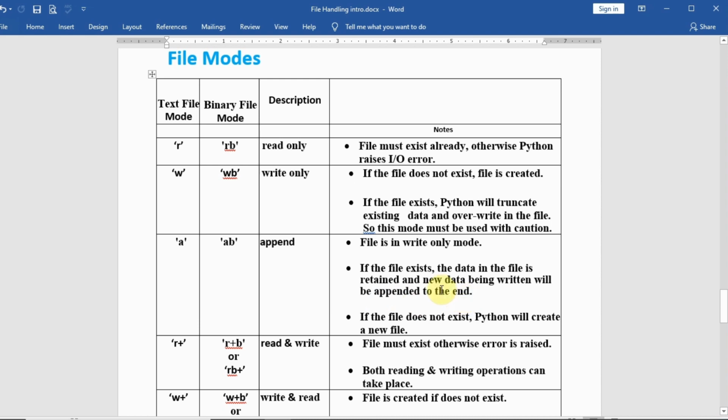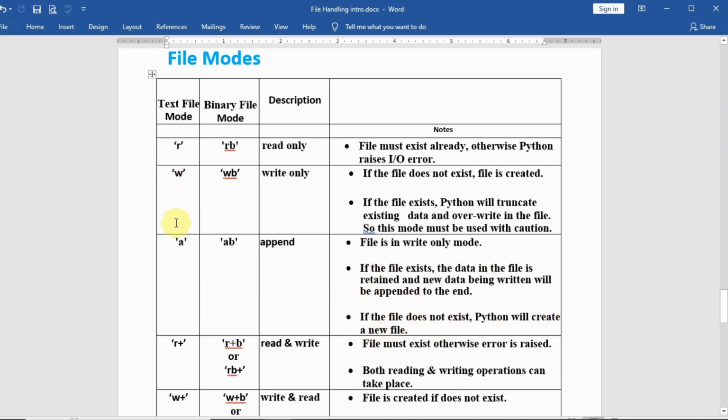It means if we open a file that exists and has some data, it will retain that data, not delete it, and new data will also be added to the file. So our previous data will exist along with the new data. If the file does not exist, Python will create a new file in this mode.